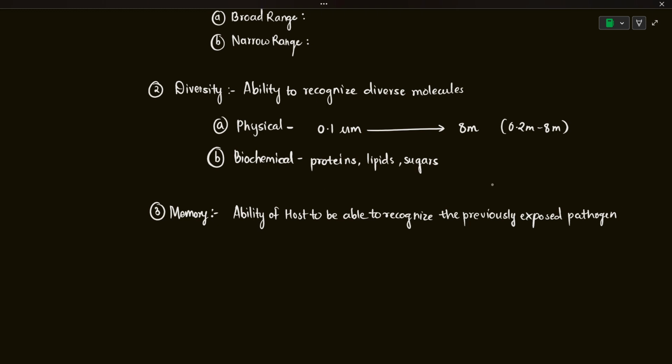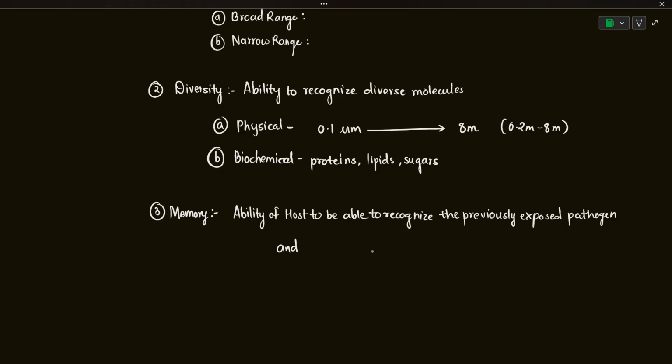And it not just recalls it, but it also recalls the defense that is useful against this pathogen. So memory is the ability to recall this pathogen: this is the type of bacteria that I have been exposed to before. It remembers that type of bacteria. It also remembers what type of defense could be useful against this bacteria,